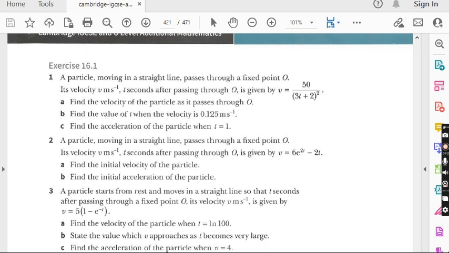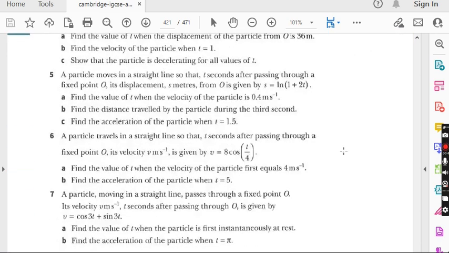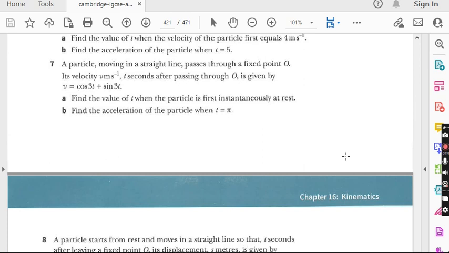Students, in the last lecture we did question number 6 of exercise 16.1 from chapter 16. The chapter is kinematics and the topic of this exercise is applications of differentiation in kinematics. Today we are going to do some more questions from this exercise, but before I start question number 7,